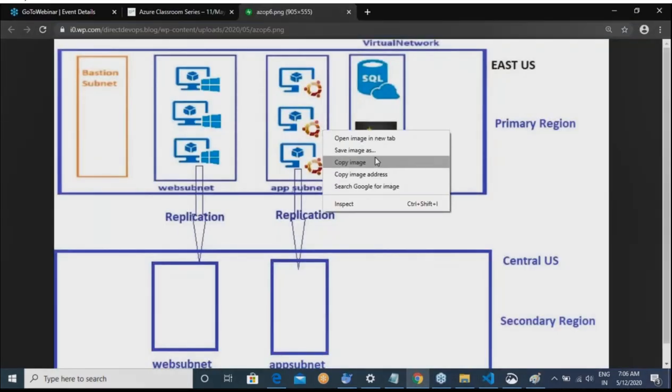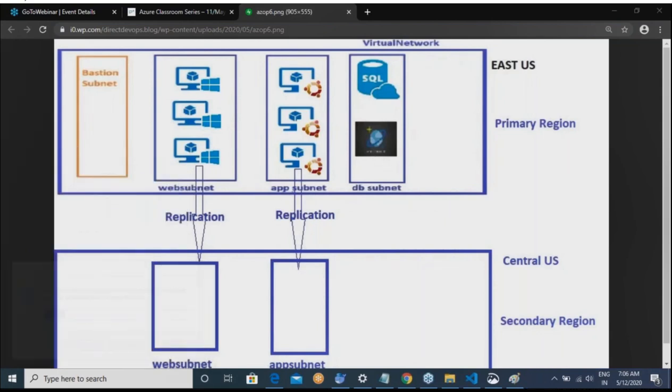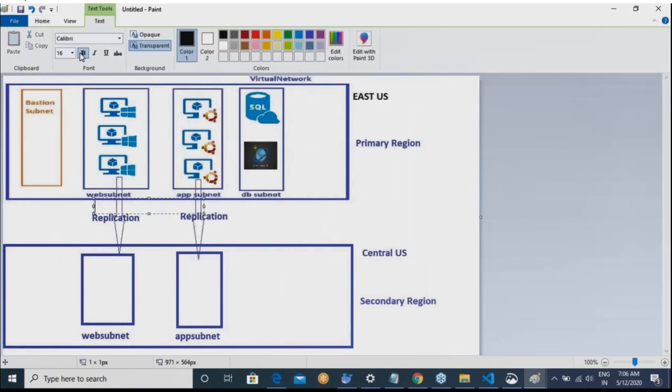Okay, so let me use MS Paint. For this, I'll be using black, italic, small size text to tell what I'll be using.